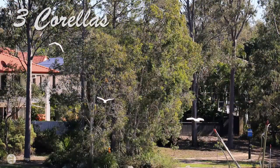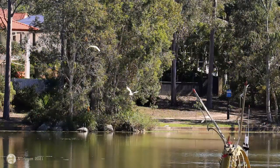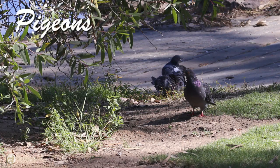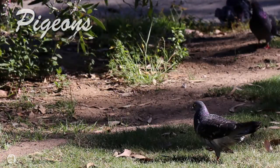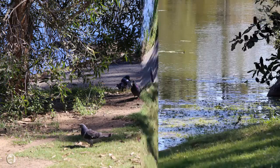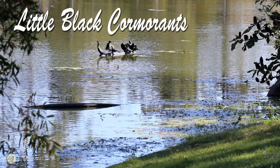That's Corellas. They're so noisy. You'll see more of them too. They're going a bit crazy today. The pigeons. That little ramp that goes down into the water. Several times when I've been walking recently, there's big trucks on it because they've been doing a lot of work